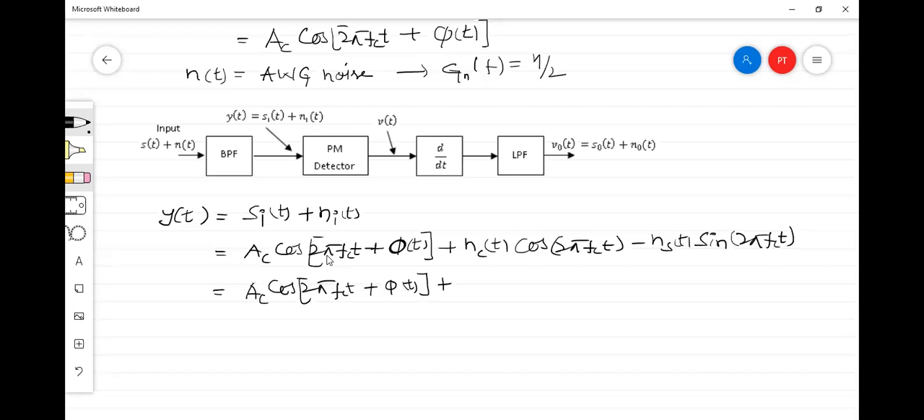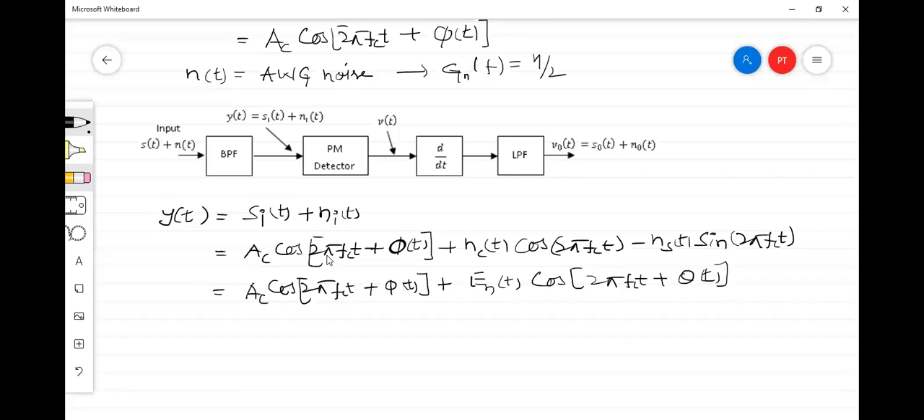and you see this, just like some time function into cos, and another time function into sine, can be replaced with a single sinusoid with an amplitude that is some function of time, and variable phase. So I can write this as En of t cos(2 pi fc t plus some theta of t),